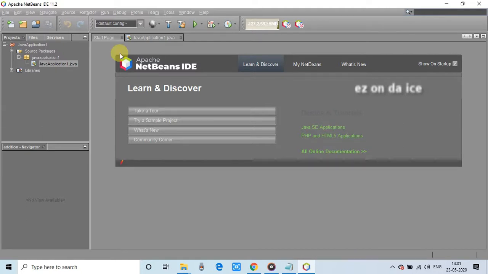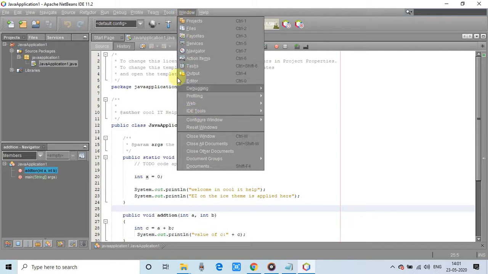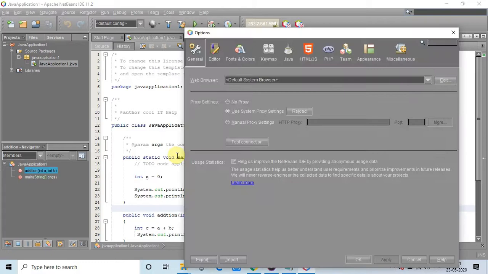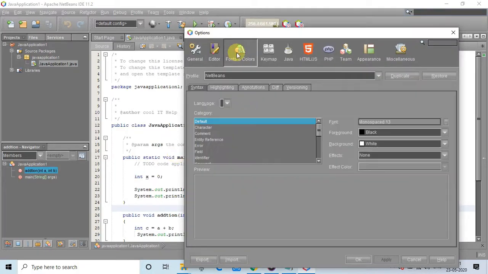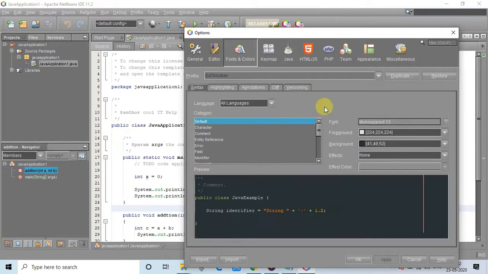And right here we will check the code section area of the project file, Java application 1. So guys, we see nothing is applied here, because there are some previous settings that have been done by me individually. So we have to apply the default settings for this code section area, which is related to the Edge on the Ice theme. So open the options, go to the font color tab, and at this place you have to select this option